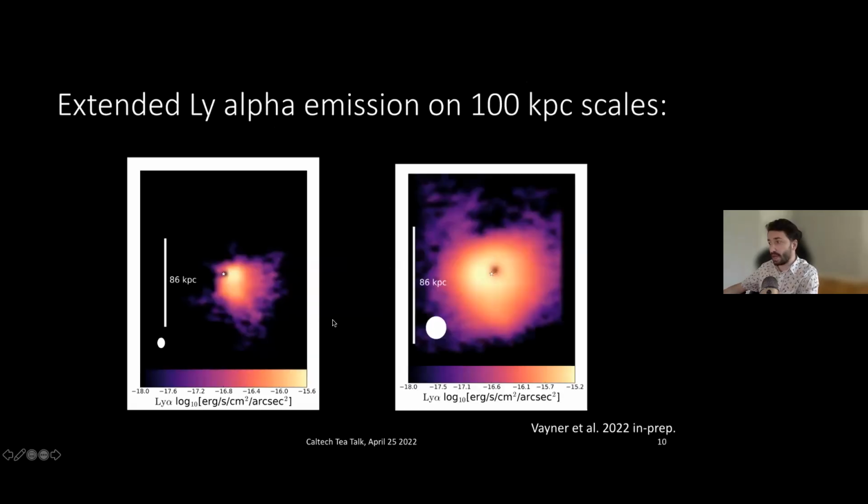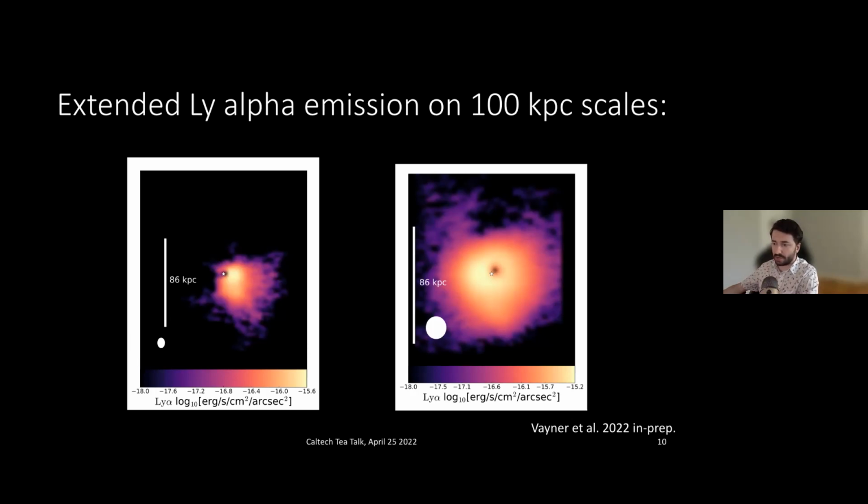Okay, so the two galaxies that I've been studying for this project, this is their extended Lyman alpha emission that we detect on 100 kiloparsec scales. So this is integrated Lyman alpha intensity that's being shown on the left and the right here. The bar represents 86 kiloparsecs in both of these systems, and then the ellipse here shows our resolution, which is about 8 to 10 kpc essentially in these systems. And we're able to probe to very faint surface brightness limits that just weren't possible before